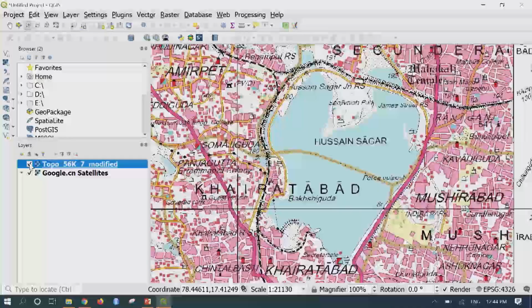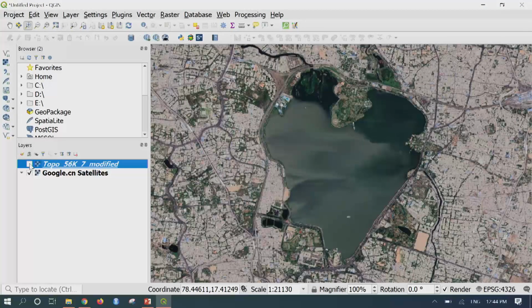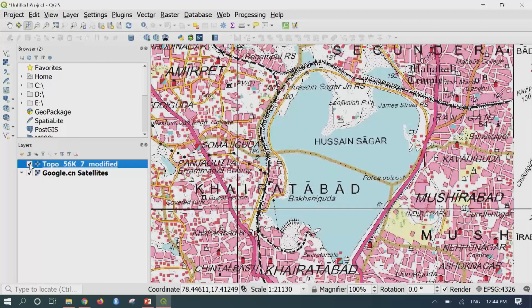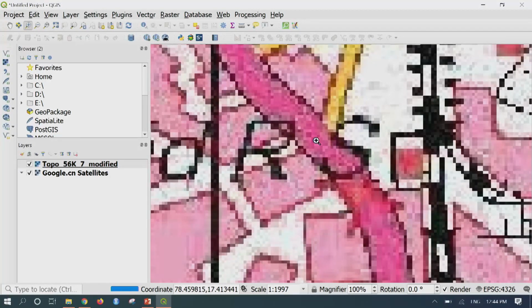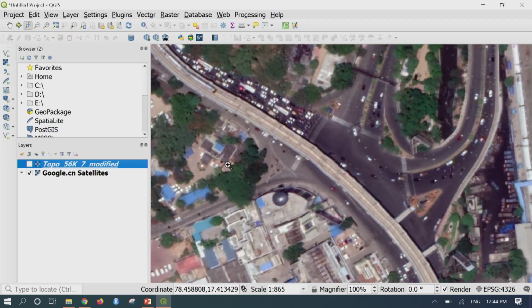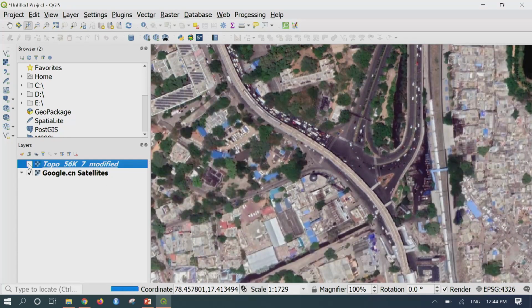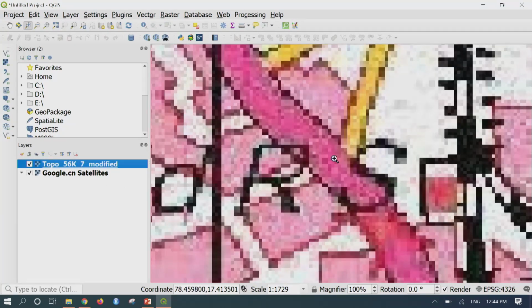By this we can say that the image is clearly georeferenced, and the accuracy which I was speaking regarding the RMSE or the residual, you can zoom to any particular junction and see how much discrepancy is there. For example, this is a road junction. So if I turn off this layer, it is almost correct. So this particular image has been georeferenced successfully.